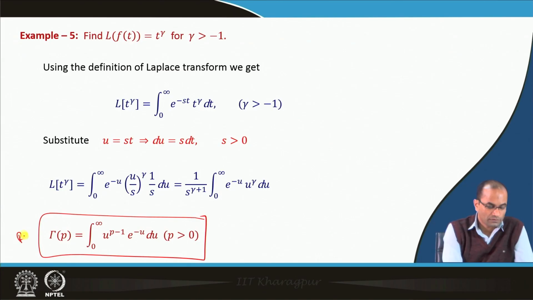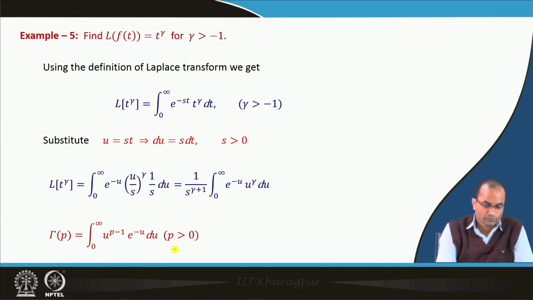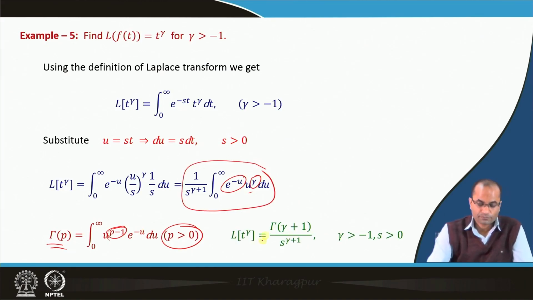Just to recall, we have the gamma function of p equal to the integral from 0 to infinity of u power p minus 1 e power minus u du for p positive. This was valid for p positive, and gamma p is defined as u power p minus 1. So, here we have u power gamma and e power minus u. So, according to this definition, the value of this will be